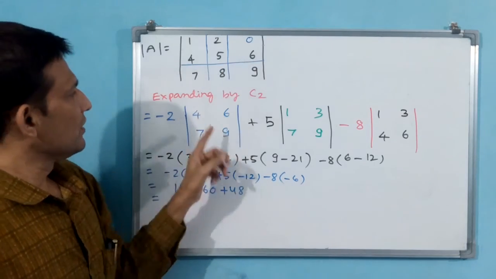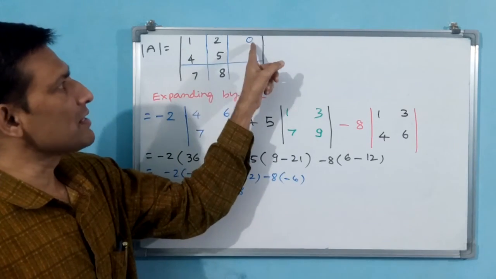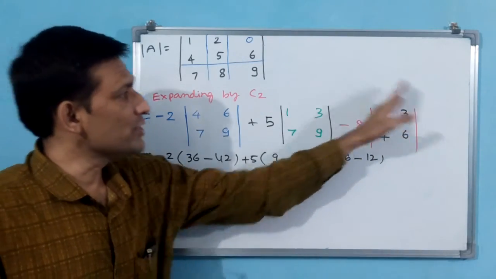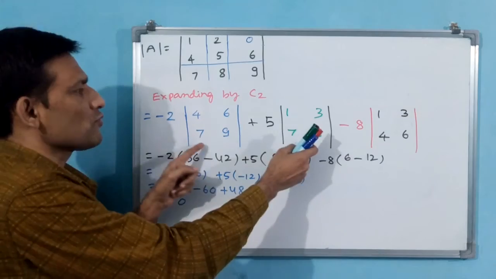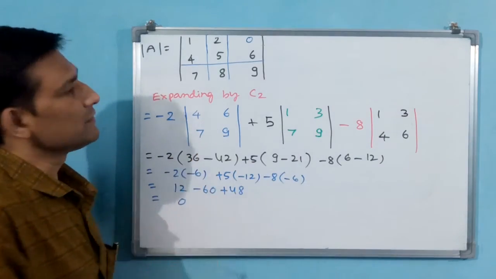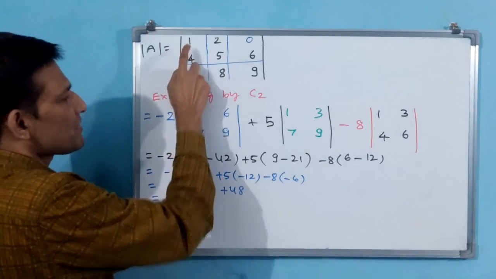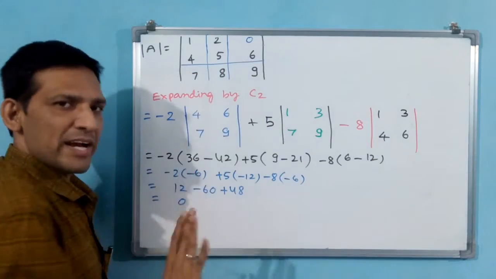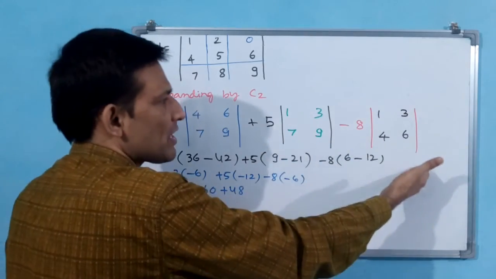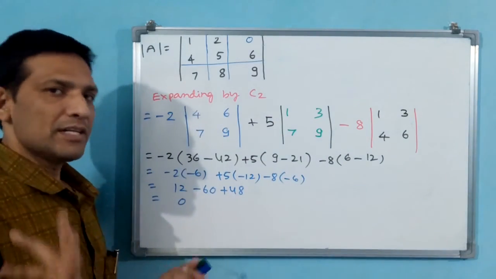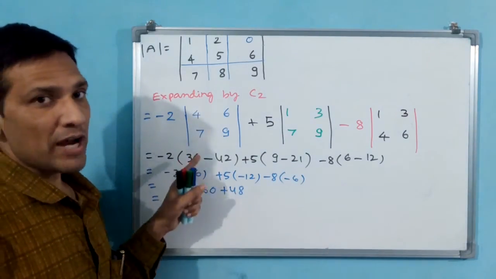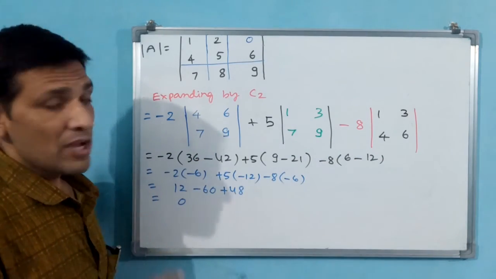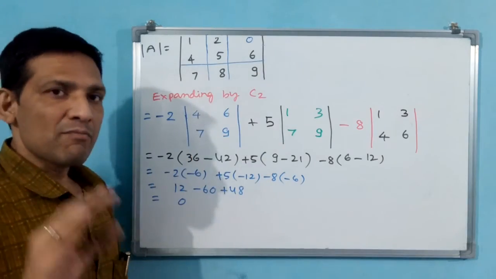You see, last operation, if you take R1, last operation 0 into something will come. Then you need not do, directly 0, you can write. Only you have to do these two operations. Okay. R1 if you take plus 1 into determinant you will take, plus 2 minus 2 into determinant you will take, plus 0 like you write and leave. That's why, because 0 into something whatever you may do, that is 0 only. That means you are going to save one operation. In three operations, one operation you are going to save. That is why prefer where having more zeros.